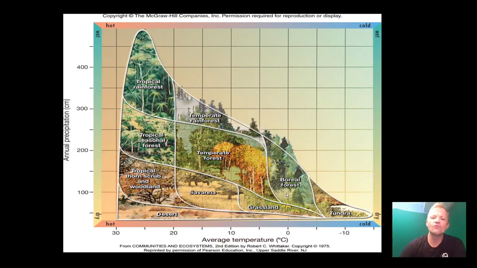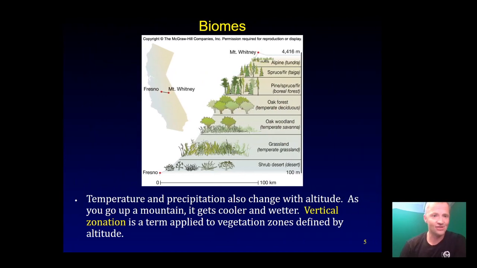So do understand what this graph is trying to tell you, and understand where each of these biomes fit in regards to their temperature and precipitation. We'll go through that in the later slides to tell you where they fit, but this is key. Understanding this graph really is like a quick cheat for you. That's why I attached it.